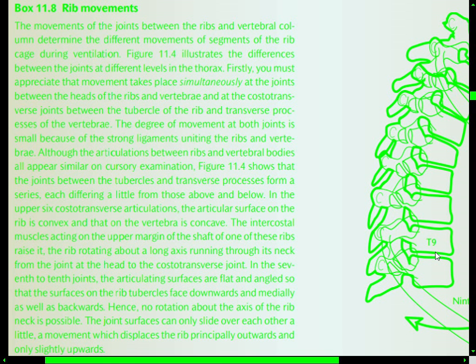It shows that the joints between the tubercles and transverse processes... What are transverse processes? What's a tubercle? I don't know, but I think they are the joints between vertebrae and ribs. So between the tubercles and transverse processes they form a series,